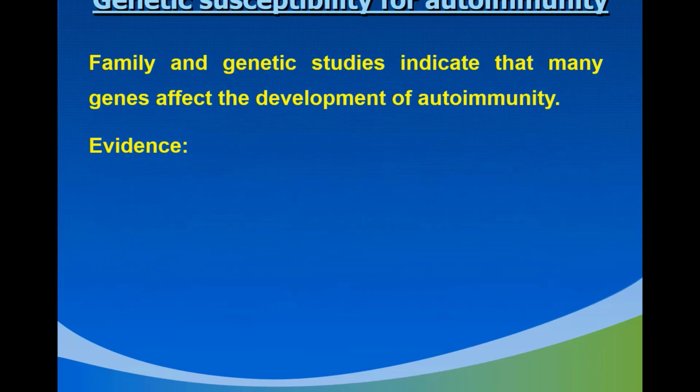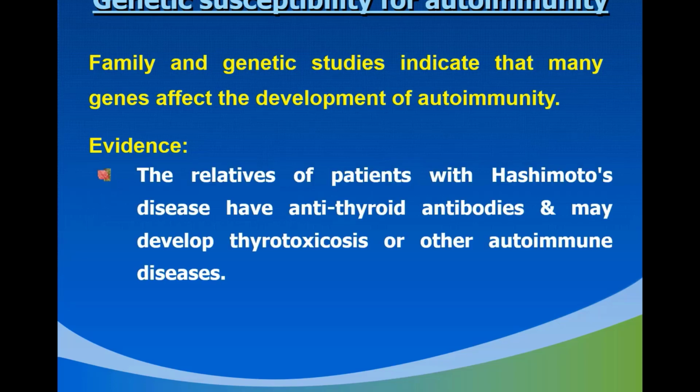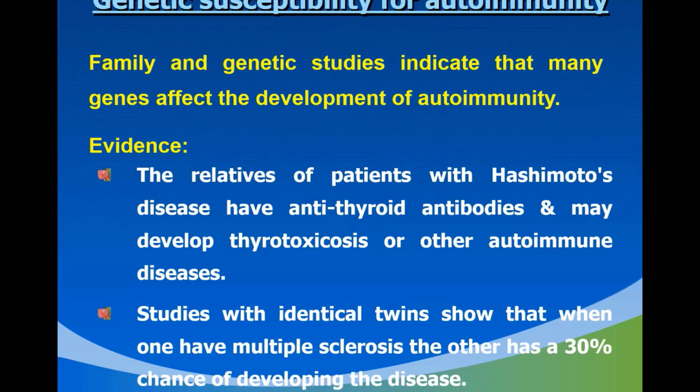Genetic susceptibility for autoimmunity. Family and genetic studies indicate that many genes affect the development of autoimmunity. Evidence: relatives of patients with Hashimoto's disease have anti-thyroid antibodies and may develop thyrotoxicosis or other autoimmune diseases. Studies with identical twins show that when one has multiple sclerosis, the other has a 30% chance of developing the